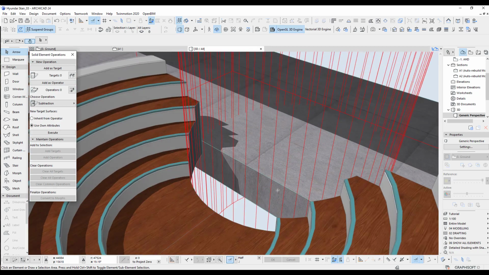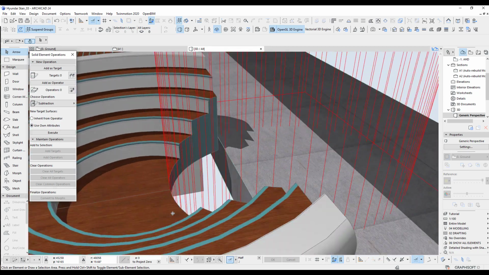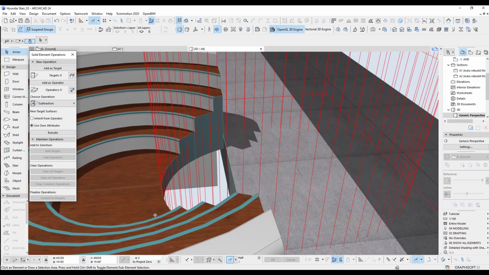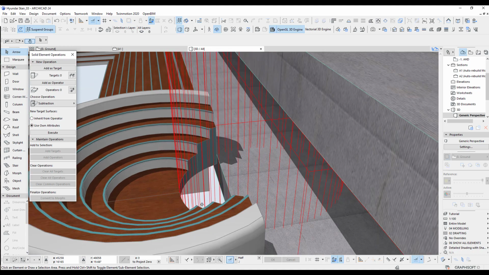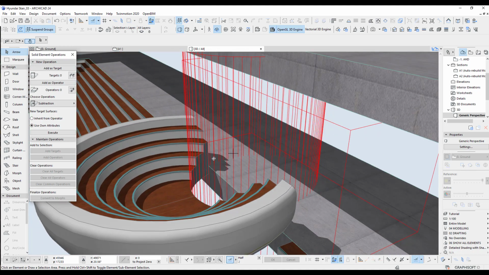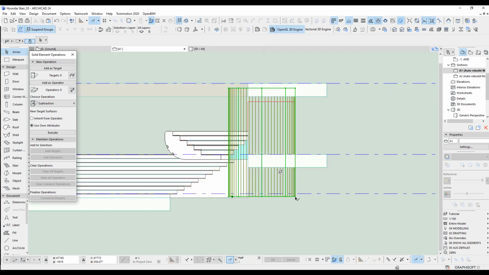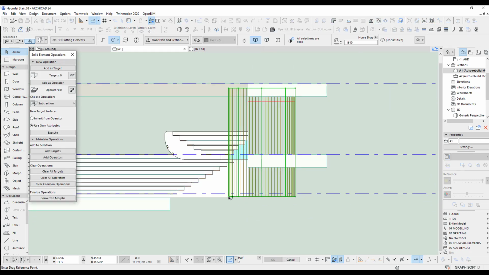Great. Now this piece here needs to be drawn extra to connect. Okay, that's just the way it has to happen here. Now what you can do is move this up. Let's have a look in our section. Move this up as much as you can. Okay, so we move this up,